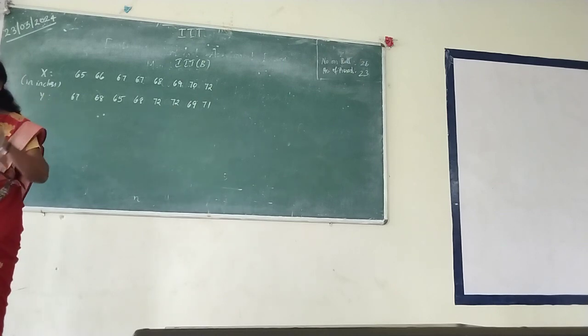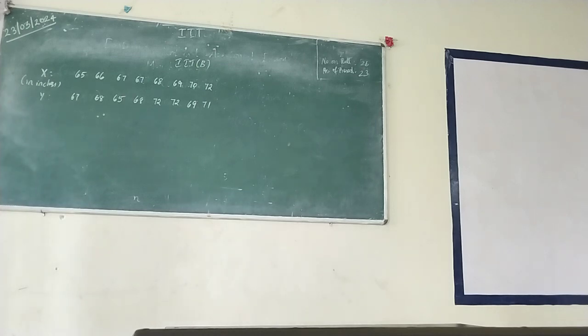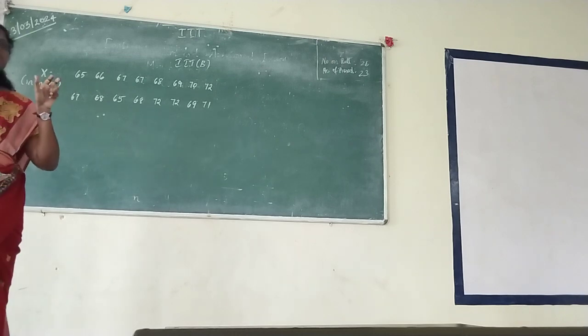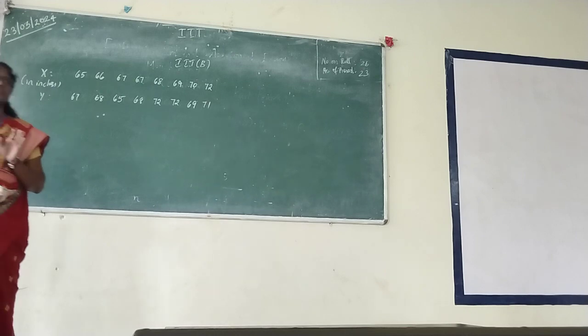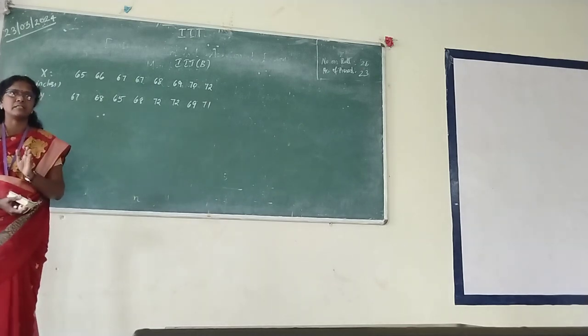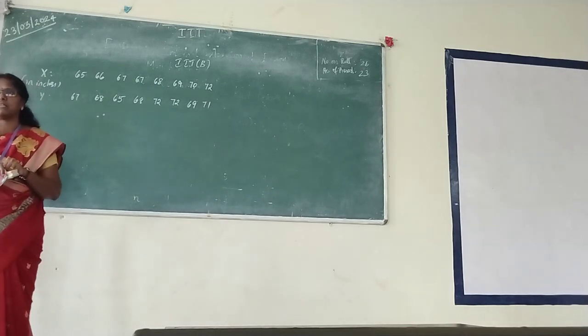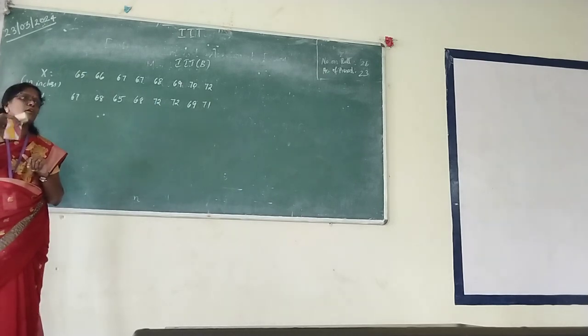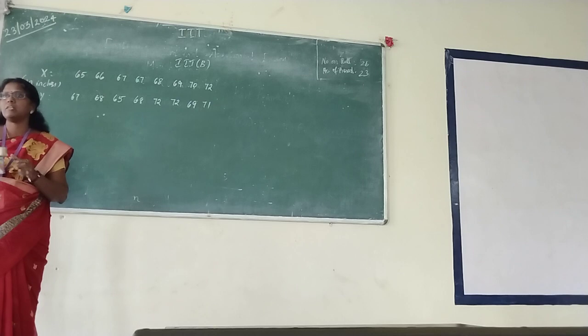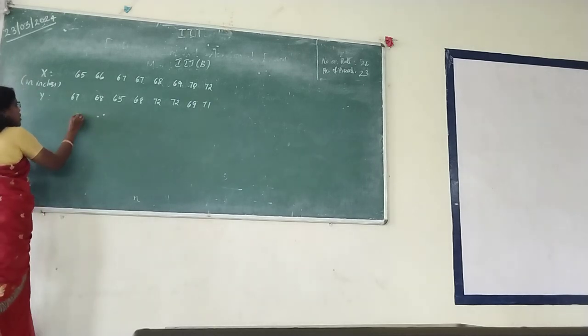For all the 5 I gave you the formula. E of x is summation of x by n, summation of y by n, x square, y square. You need all these summations. What is the meaning of summation? Add total. So first identify the necessary things and put a table for all those things. You are going to find all these totals by including all the necessary columns.